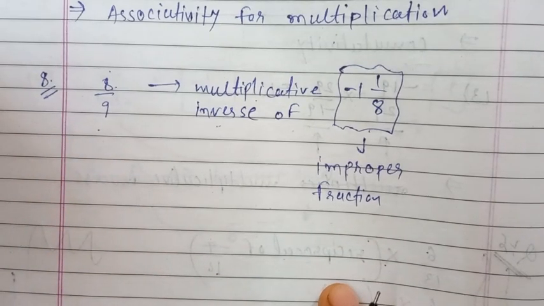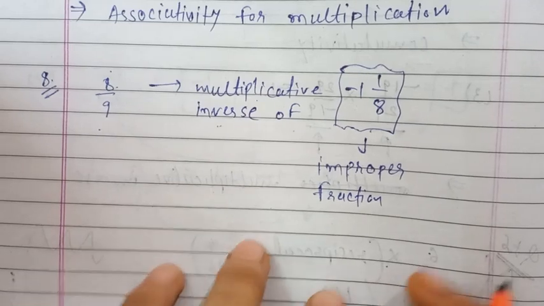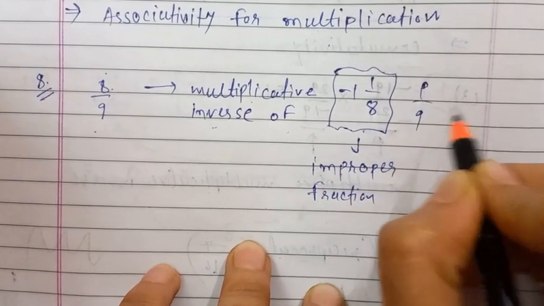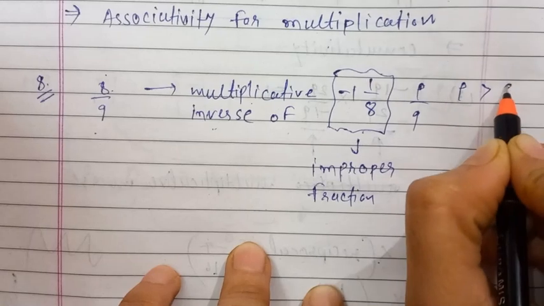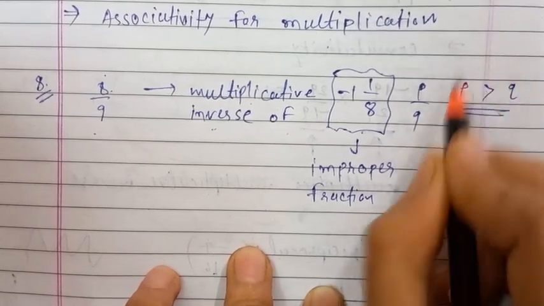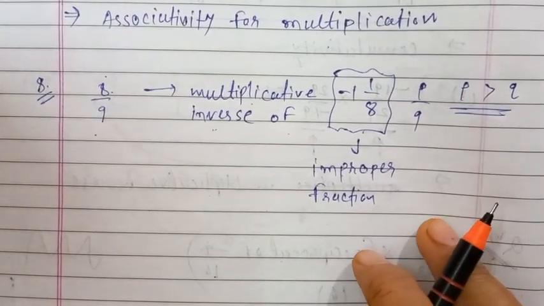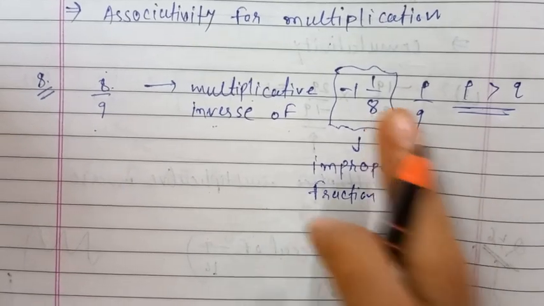In p by q form, whenever the numerator is greater than the denominator, then this rational number is called an improper fraction. First, this improper fraction